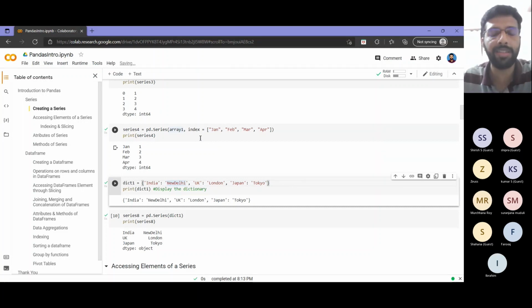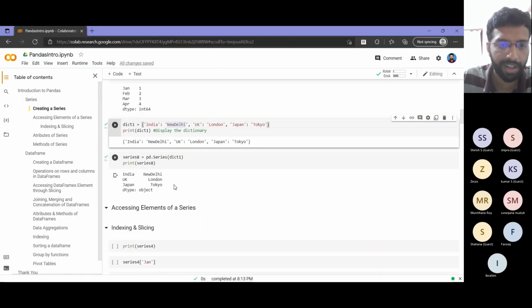You can create a series either by passing a list and index as the keys you have, or you can simply put everything into a dictionary, and that is the most straightforward way to create it with your own custom keys or indexes. So these are the different ways in which we can create a Pandas series. Now we will see how we can access it using these indexes or directly the values.